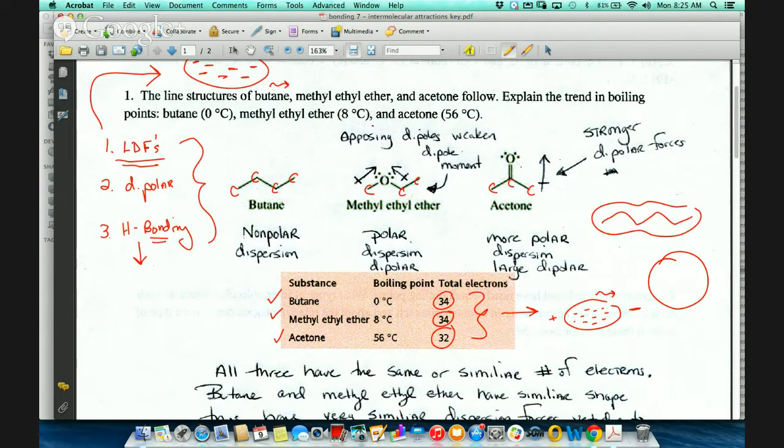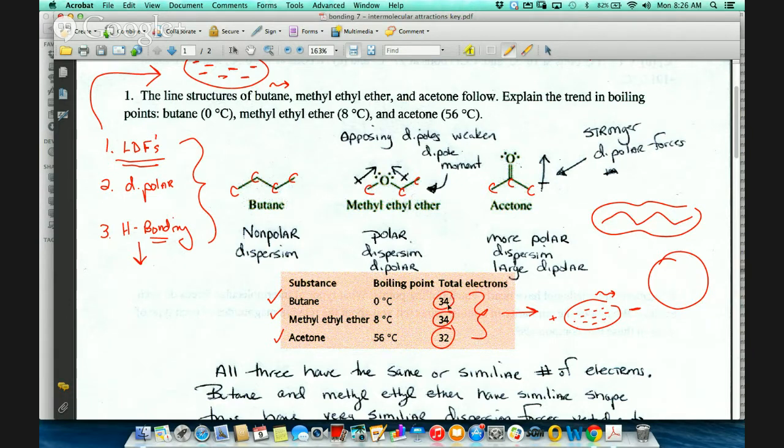a descriptive part of chemistry. You will see questions on this type of thing. They love to talk about the attractive forces. So if you look very carefully, butane, methyl ethyl ether, and acetone, well, mostly butane and methyl ethyl ether, have very similar shapes. And because they have similar shapes, they have very similar types of London dispersion forces along with